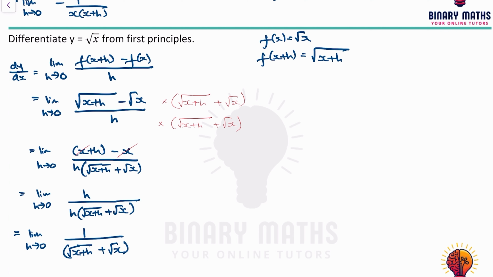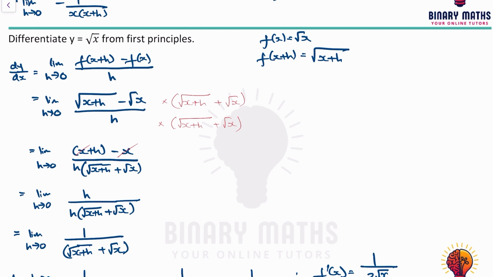Can't simplify anymore, so as h tends to 0, if h gets closer and closer to 0, root of x plus h will get closer and closer to just root x. So it's going to be root x plus root x, which is the same thing as 1 over 2 root x. Therefore, f dash of x is equal to 1 over 2 root x,